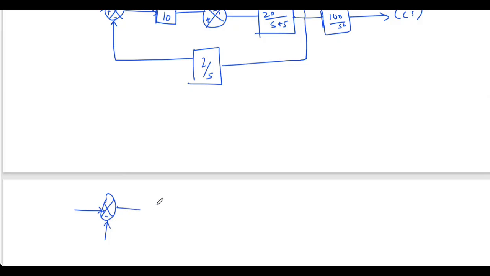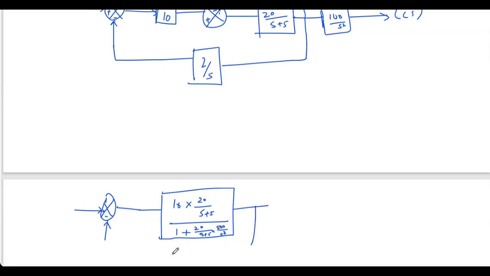I'm also multiplying it by 10, okay? So 10 times G of S by, that is 20 by S plus 5, divided by 1 plus G of S H of S. So 20 by S plus 5 into 500 by S cube. So I have combined those two blocks and